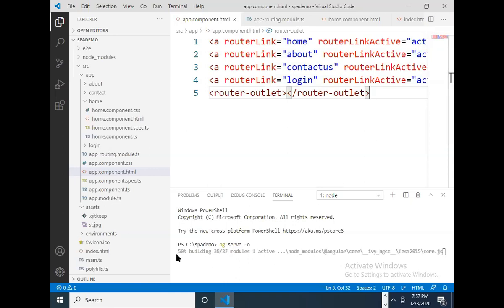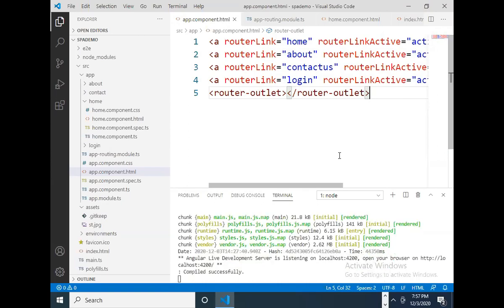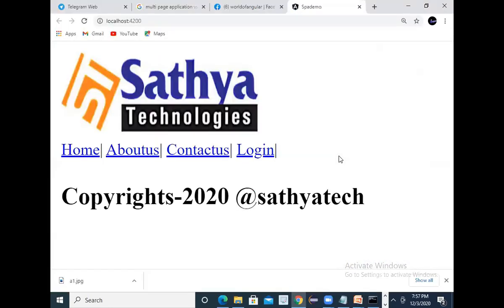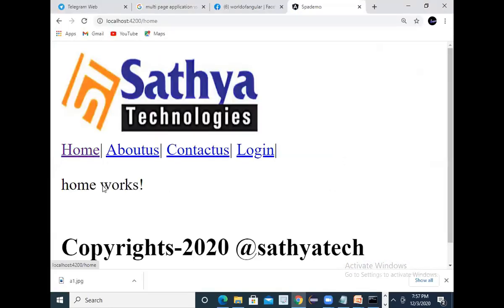My project is running. So I developed the single page application code. On the website we have a design. So the page will not what? Refresh, you see. When I click on hyperlinks, the page will not refresh. If you develop the same website in Java or .NET, every time the page will what? Refresh. Page loading will take more time. See, home works, about us works. See here, this position. This is called page refreshment.